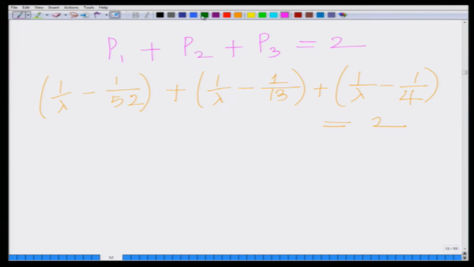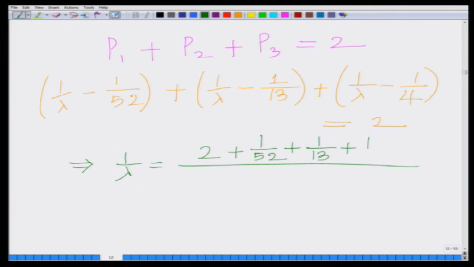And now I can solve for 1 over lambda: 1 over lambda equals 2 plus 1 over 52 plus 1 over 13 plus 1 over 4, divided by 3,